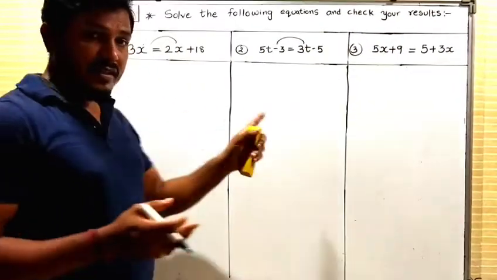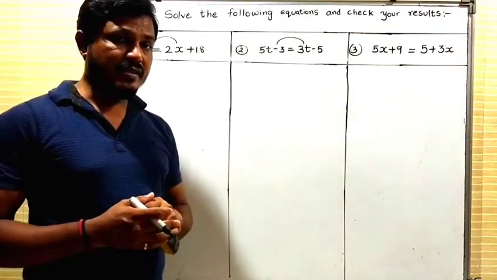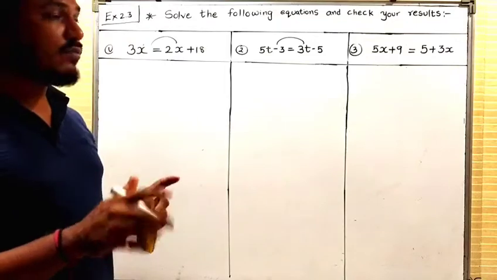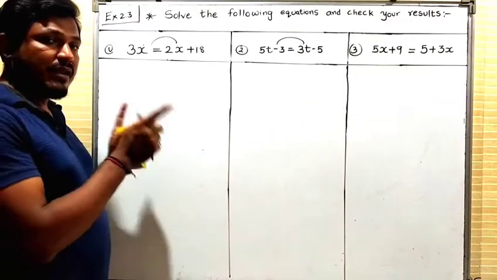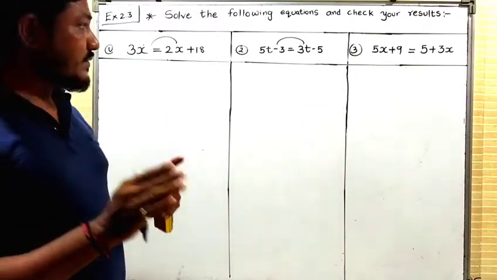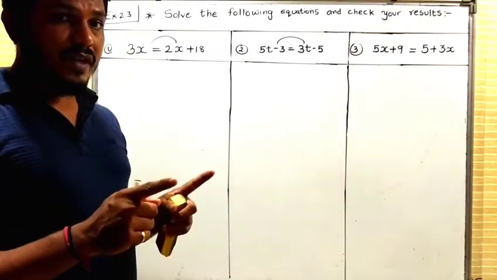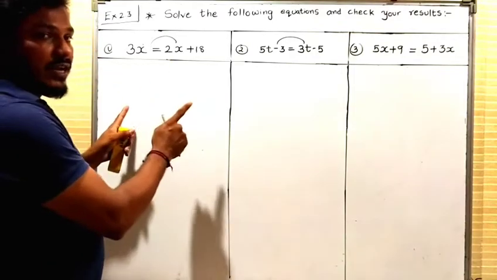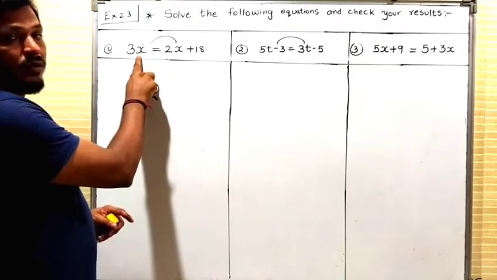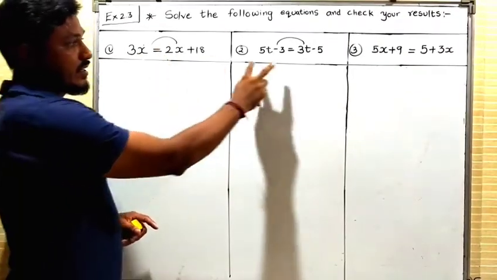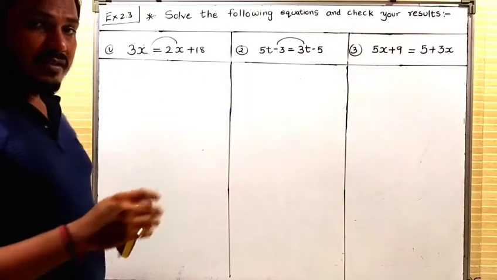Now dear student, before starting this exercise, I want to tell you that till now, in the sums we did in our previous exercise, we used to have only one variable, either on the left hand side or the right hand side of the equation. But the sums we are going to do now have more than one variable, that is two variables, one on the left and another on the right, on both sides of the equation. In all the sums we will have this kind of variable. Now let us start how to do.